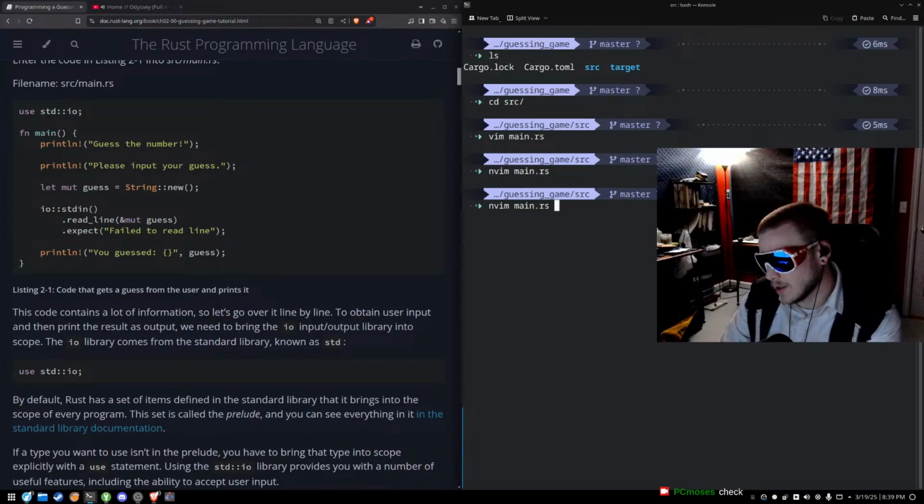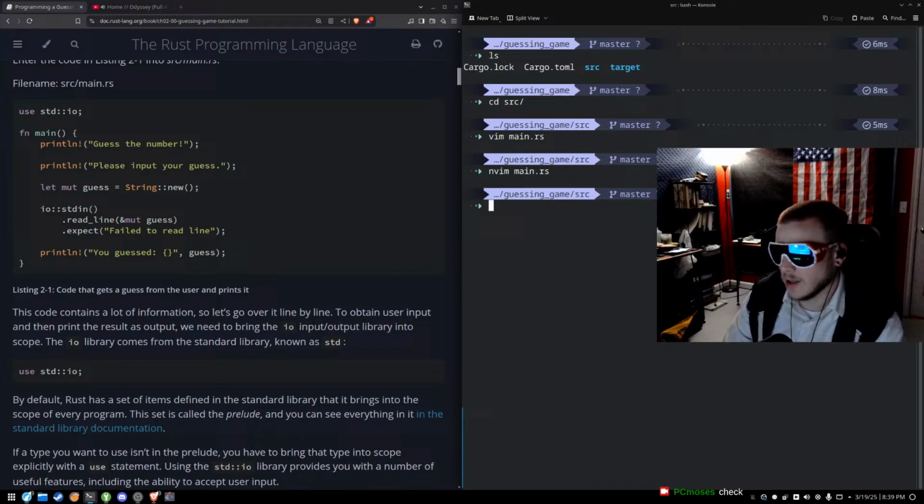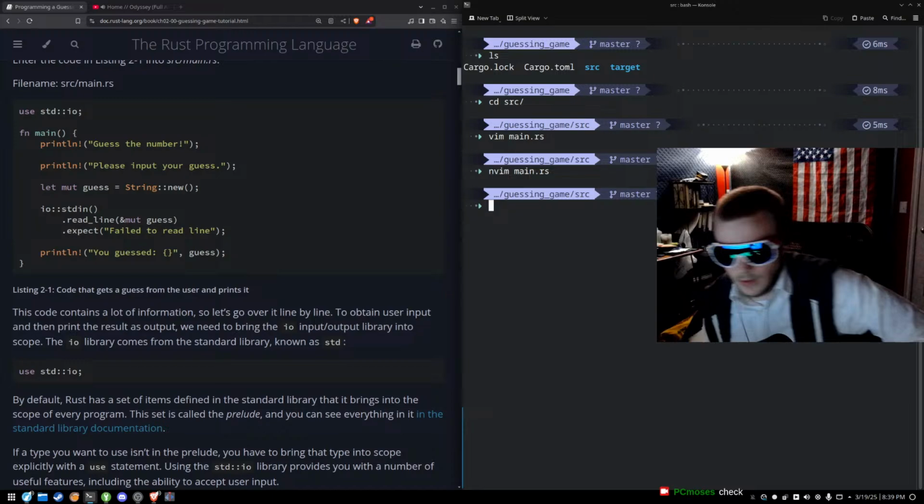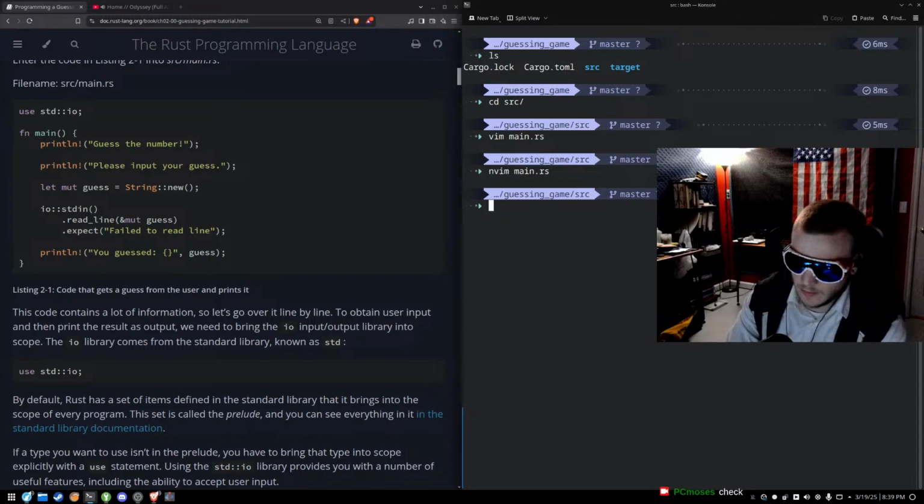nvim main.rs. So if you didn't know, you can look up your command history by using the up and down arrows. So it'd be like, hey, I ran this 2 times before, 3, 4, 5, 6. And you can set your history limit to 100, 500, 1,000 commands, or infinite, in your bashrc file. But